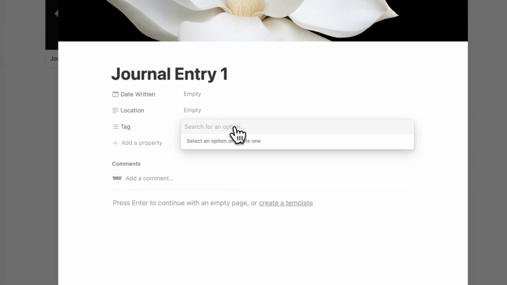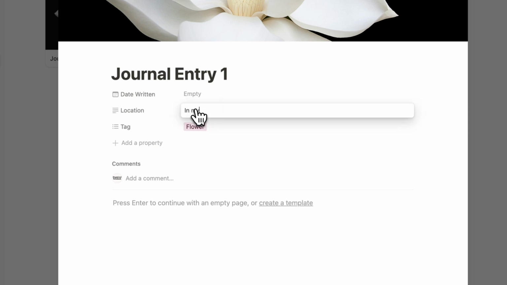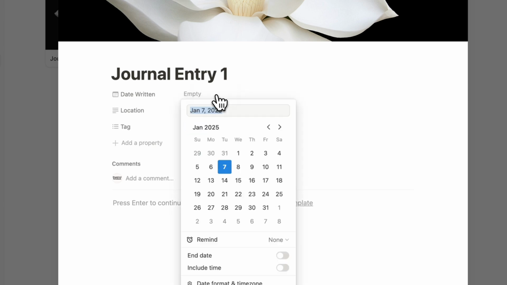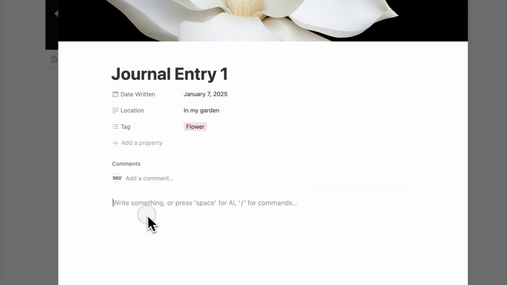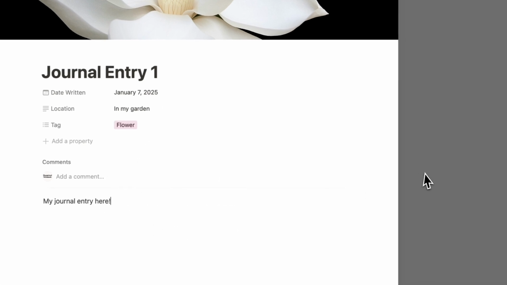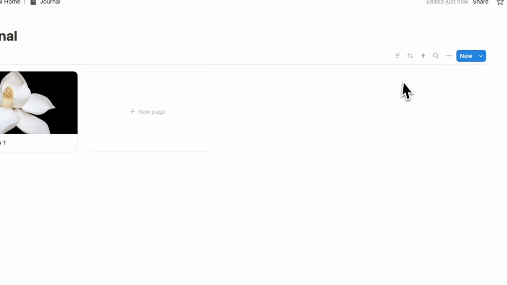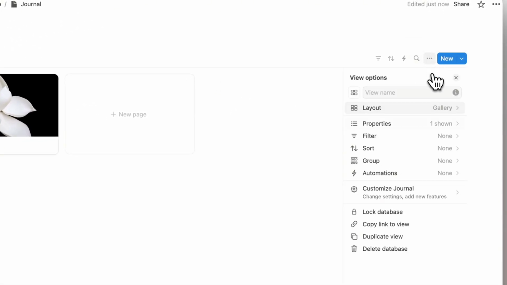So now let's say that this is a flower. Location was in my garden. And the date written was today. And my journal entry here. So now we have a journal entry, and we can go ahead and click the 3 dots in order to